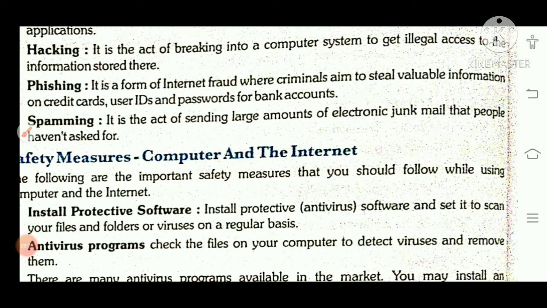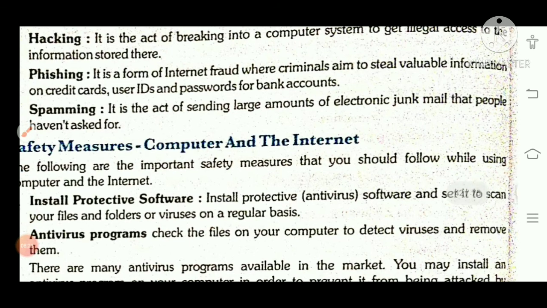नेक्स्ट इज फिशिंग। फिशिंग होता है चिल्ड्रन ऑनलाइन फ्रॉड। Online someone is stealing your card information, your ID and password, and using that information, ठीक है, misusing that information, so that term is known as phishing, ठीक है, this one is also one crime. Spamming क्या होता है that if any sender is sending large amount of junk mail, means wastage mails, ठीक है, जो ये इस टाइप के emails होते हैं जो आपके लिए useless हैं, and if a person is sending you it in bulk, तो that one is spamming.